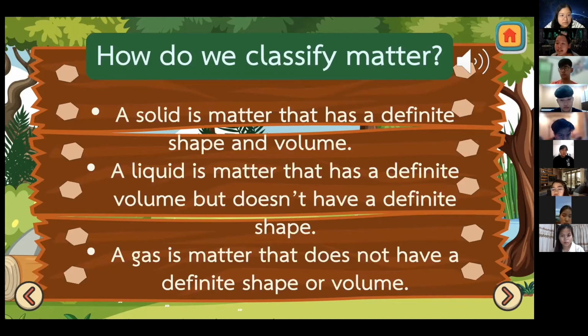The liquid like water can take the shape of an object that contains it. Like if we pour the water in a glass, the shape of the water will change, like the shape of the glass, like this. And the last one is gas. Gas doesn't have a definite shape or volume. We cannot see a gas, but we know that gas is all around us. Does everyone understand this paragraph? Yes. Okay, let's move to the next paragraph.